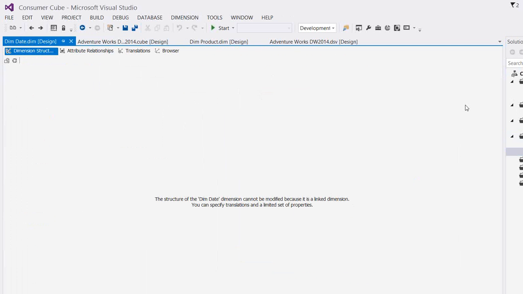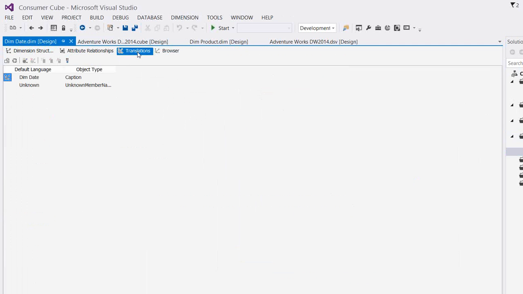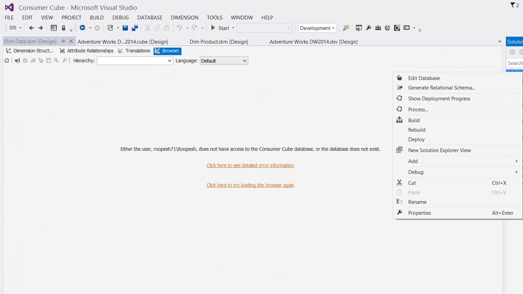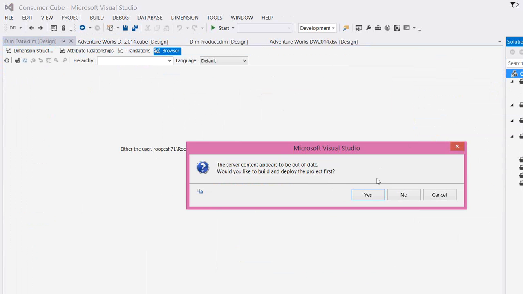Okay. And what you can do hardly is you can change the dimension name and you can create translations. That option is available. You can create the translations for these guys, and browser option will be available, but you have to process it. Now, this is how you can create a link dimension. Now, let me quickly process the cube and see the data in the link dimension. So if I click on process,